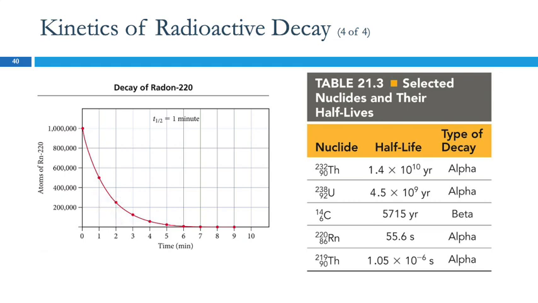Yeah, good question. So you said you can't speed up or slow down decay, but can you manually take out a proton from a nuclide or put one in? Yes, you can mess with the nucleus. And we'll get to that. That's fission and fusion. Does that mean that all lead was uranium? That's a good question. Was all lead originally uranium? I don't think so, but a lot of it was. And in fact, we'll find out there's a method of dating things that uses that lead to uranium ratio.